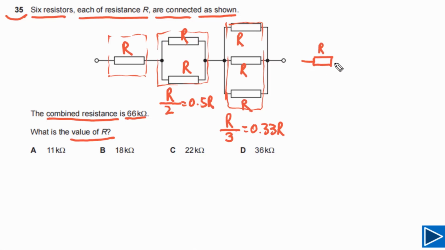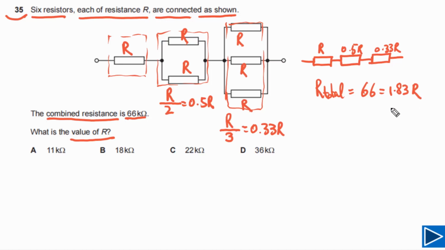Resistance of one resistor is R, the resistance of the second resistor is 0.5 R, and the resistance of the third resistor is 0.33 R. Now they are connected in series, so we need to find out the total resistance. R total is given to us, that is equal to 66 kilo ohms, and this is equal to